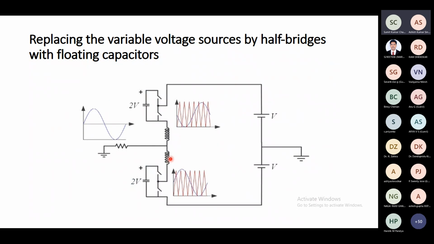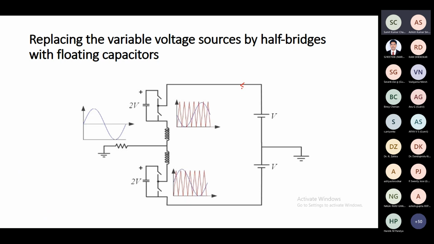Now, for the first time, I am drawing it here, because now I understand that these are not voltage sources, these are capacitors. Voltage is falling, so the sum of these upper and lower arm voltages cannot remain 2V any further. It will be less than 2V in such a condition. And if it is less than 2V, then on this side it is 2V, and these two voltages together in this loop are less than 2V. So this will cause a DC component of current to flow.